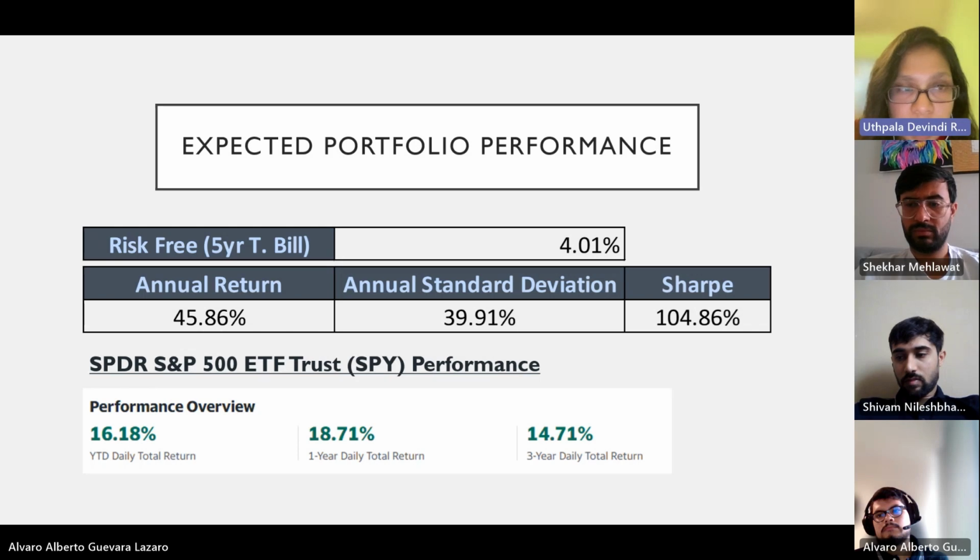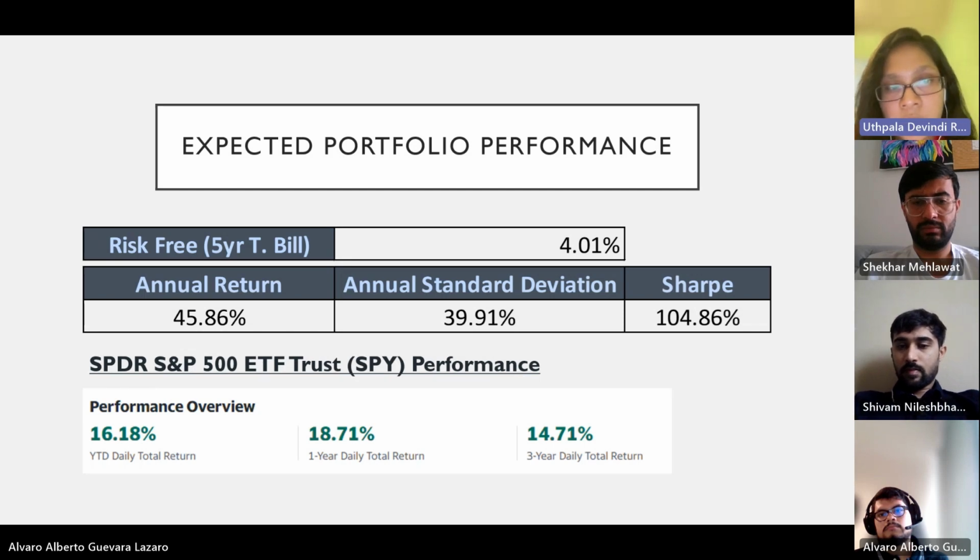In conclusion, by investing in those companies at the forefront of technological advancement and with strong growth potential, we aim to create a diversified portfolio that combines stability, innovation, and potential for long-term growth. This strategy allows us to position ourselves for success in the ever-changing investment landscape. This is the end of our presentation. Thank you.